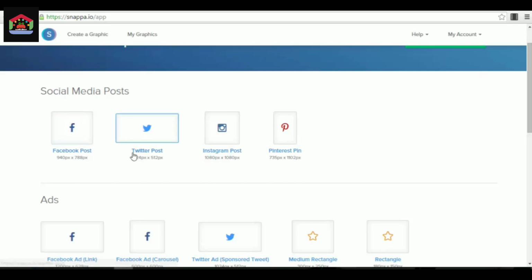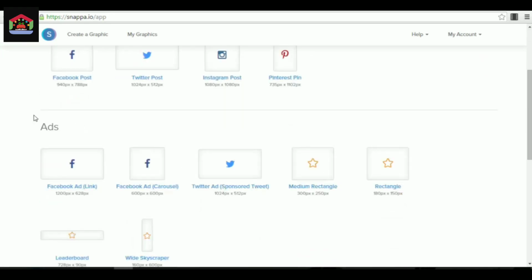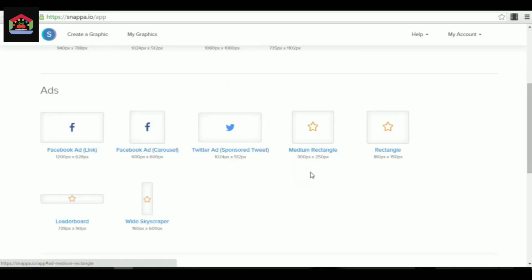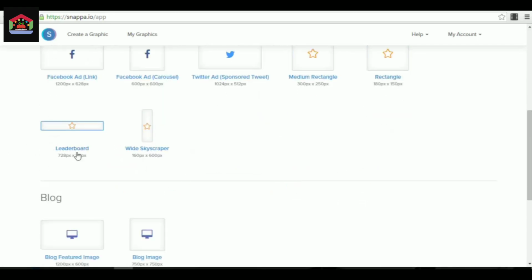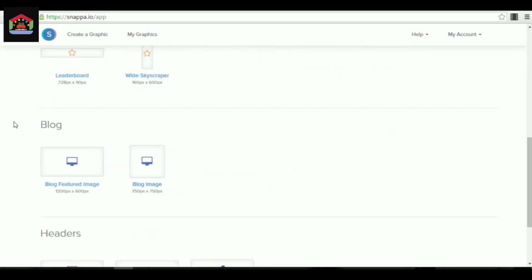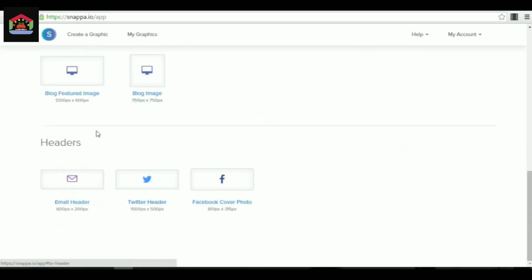As you can see, I have Facebook, Twitter, Instagram, Pinterest. This is absolutely awesome. Then I have the ad section for Facebook ad, normal Facebook ad carousel, because you know that you have the images that are coming one after the other in the carousel. Then you have the Twitter, and then you have some standard type of banners, like leaderboard, skyscraper. Also you have for blog, blog featured image, blog normal image, headers for your emails, Twitter or Facebook cover